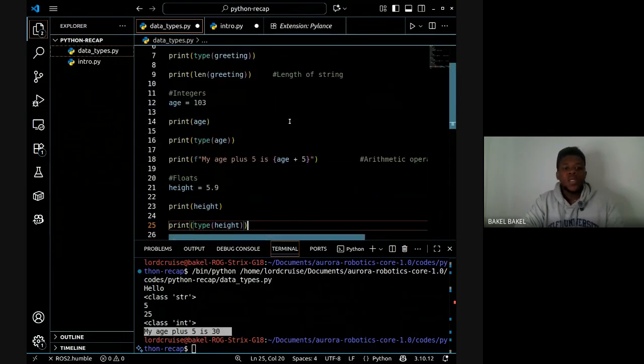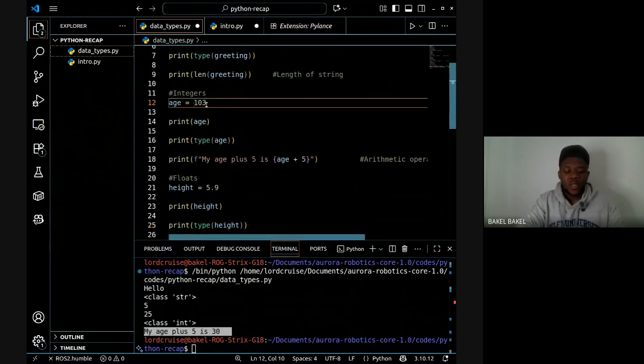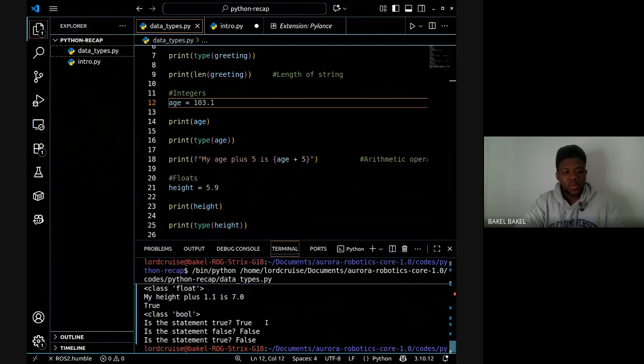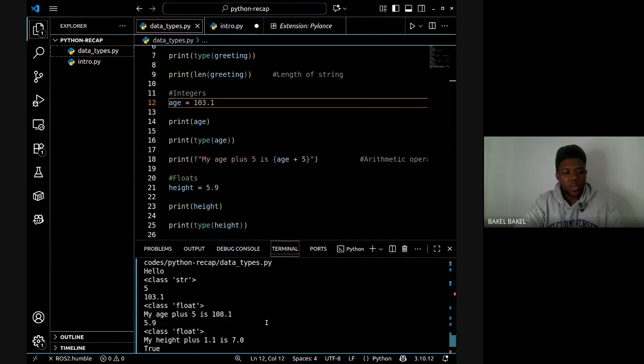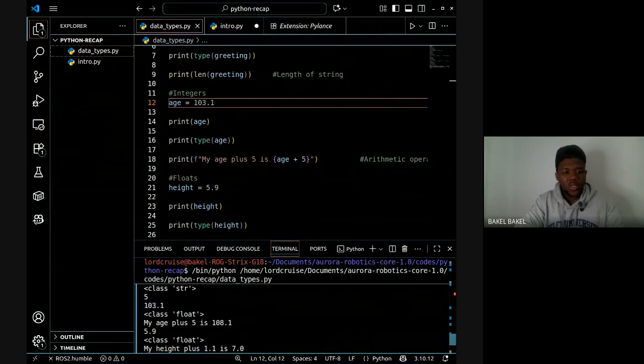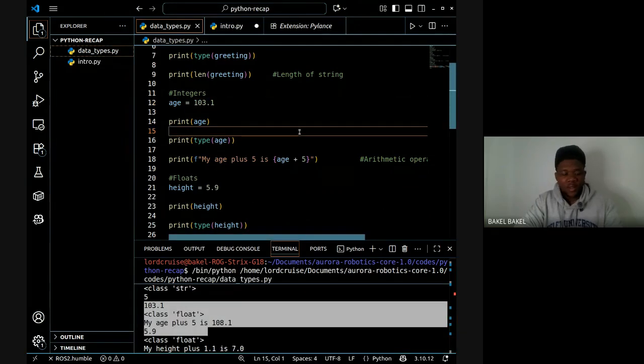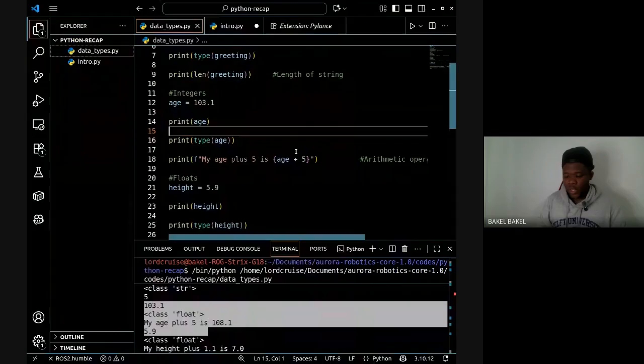Right, good. The thing is, you cannot do an integer to be 10.1. Running this, where is my integer? You can see running this in typical Python, it shows us 10.1. It automatically converts it because there is no type checking. That's another thing we also need to look at. We would use it in ROS. Type checking is when they are like,